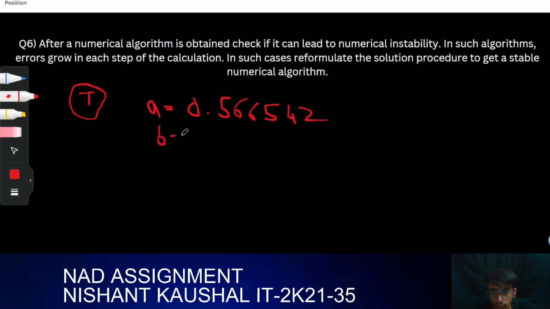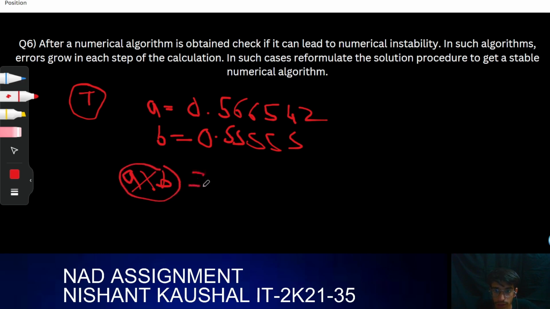And B equals 0.55555, right? If we do A multiplication B in some operation, its answer can be restricted to a few digits only, and some digits will be neglected, and this could cause error in our program,